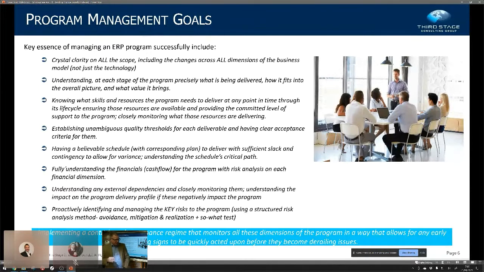Now, the other thing that we'll come back to on the plan is that very rarely do people manage these programs at the right level of detail. And because they don't, they get a variable outcome, because they're either too much in the weeds, or they're managing at such a high level that they've disaggregated all of their accountability for the day-to-day management of the project to the SI, and the SIs pretty rarely tell you the accurate truth about what's going on in the program. They'll tell you as much as they think you need to know.